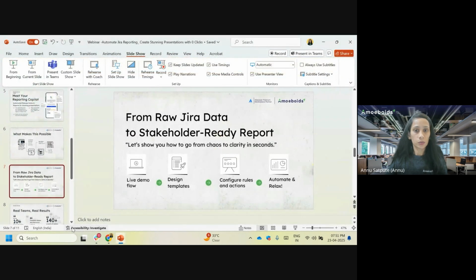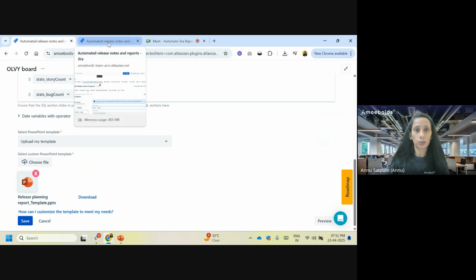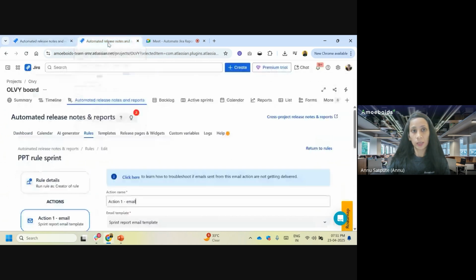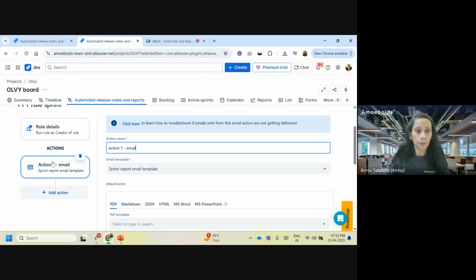Okay. So that was all about how exactly ARNR is going to run this. This was just the manual setup, right? Because I just ran this template, previewed this template manually, and we saw the PowerPoint presentation there. But when you want to automate this, then of course rules, actions, and triggers come into the picture, where you can see that in this rule, I have added this particular